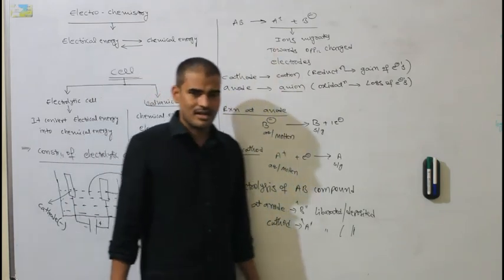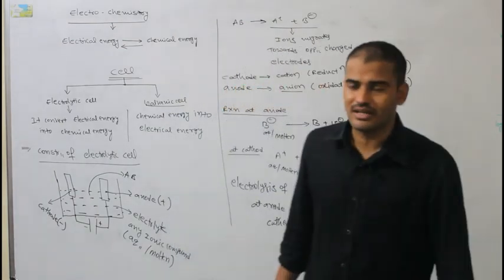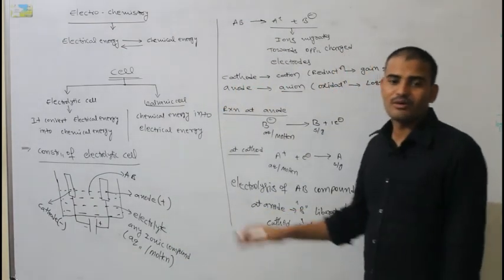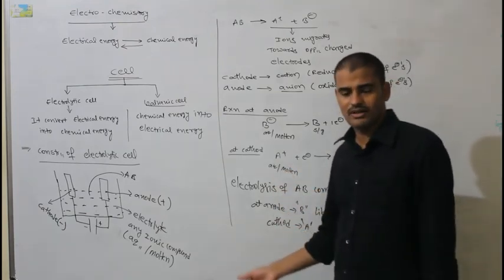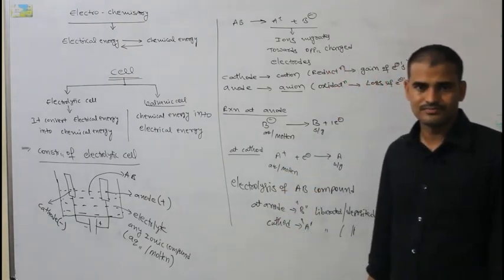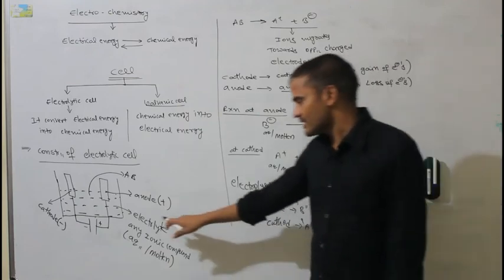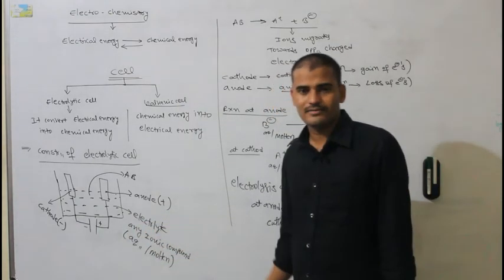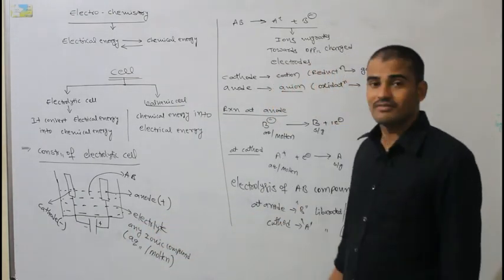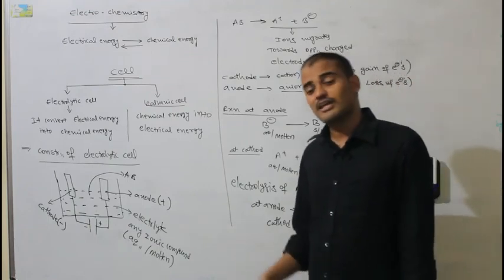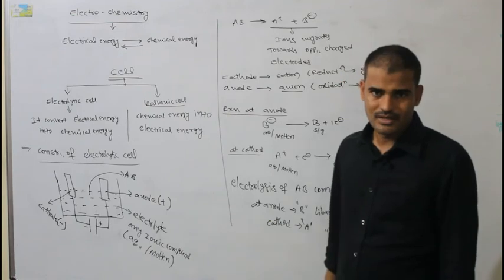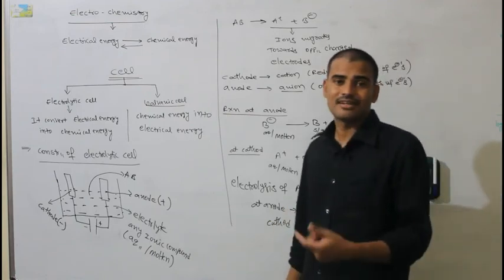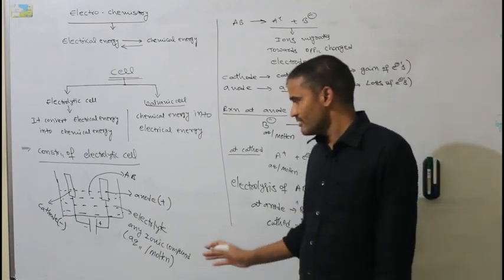Based on this, they will ask questions about what the electrolysis products of a given compound are. The electrolysis products will differ based on the type of electrolysis. If you use the molten state of the electrolyte, different products. When an aqueous solution is used, very different products. When dilute aqueous solutions are used, different again. With active electrode, inactive electrode, this will vary accordingly.